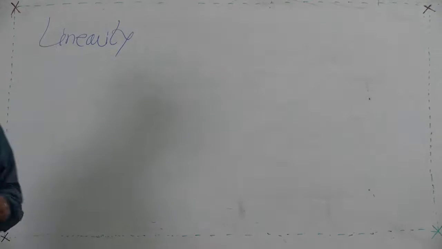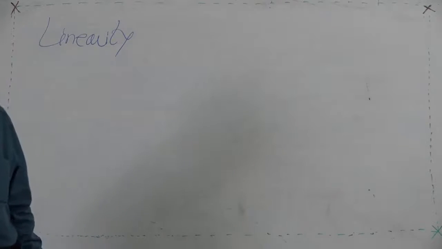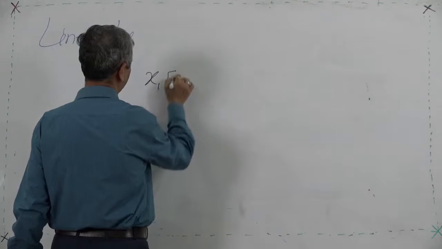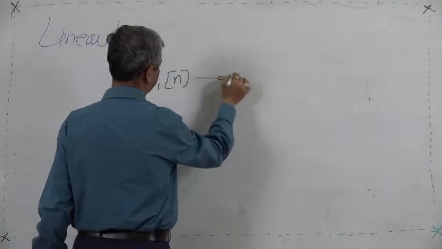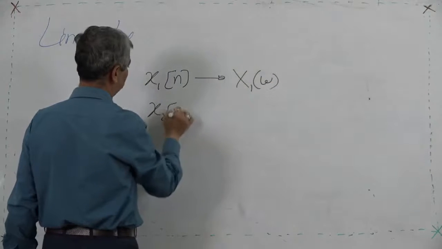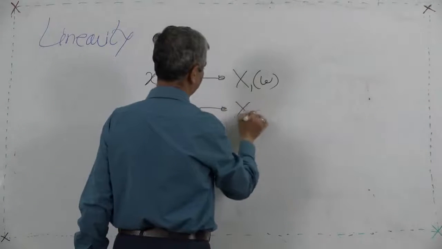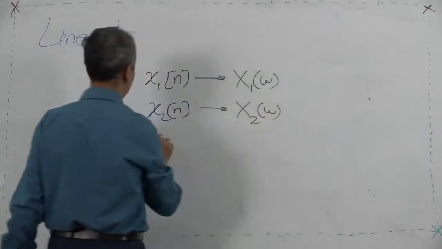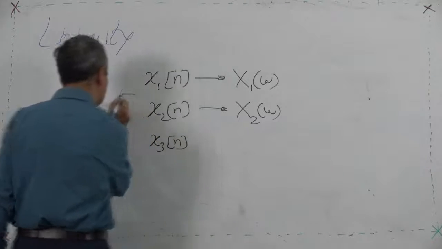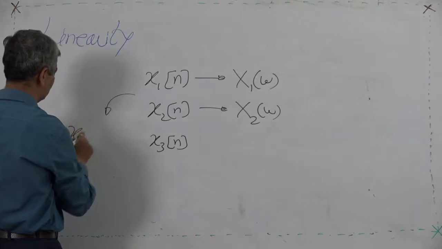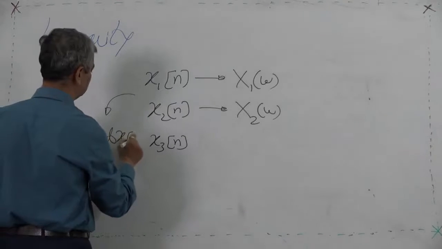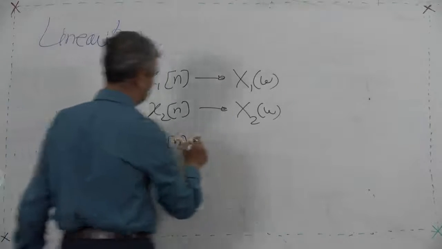What is the meaning of linearity property? If I have a sequence x1[n] and its DTFT exists, its DTFT is X1(omega). If I have another sequence x2[n], its DTFT exists, it is X2(omega). If I prepare a signal x3[n] by linear combination of these two, A x1[n] plus B x2[n],